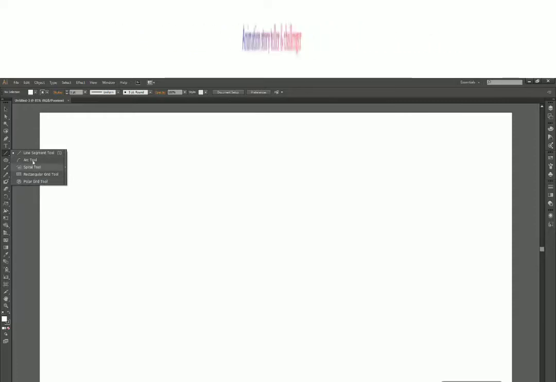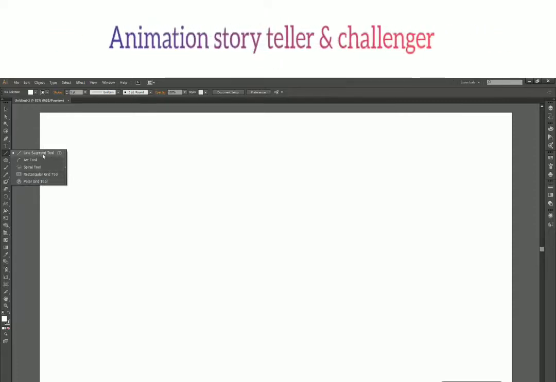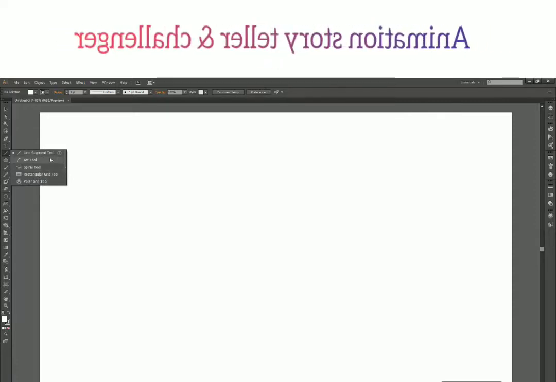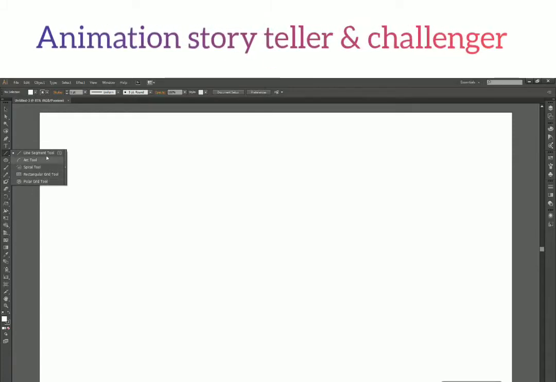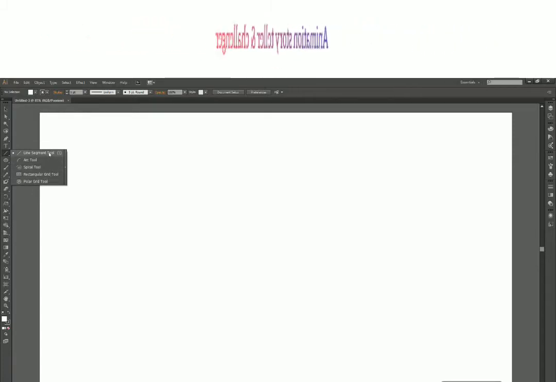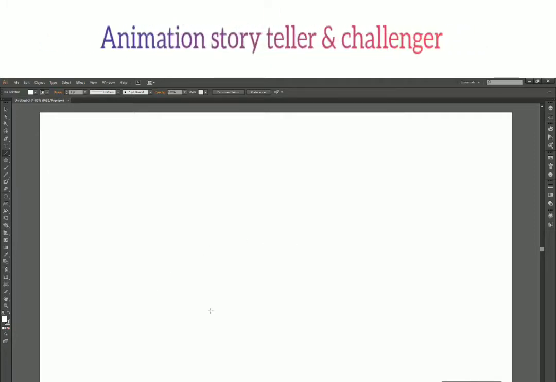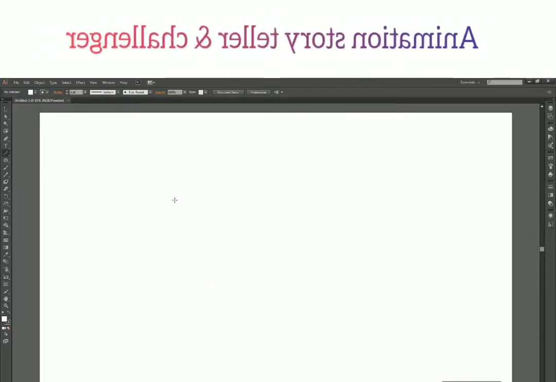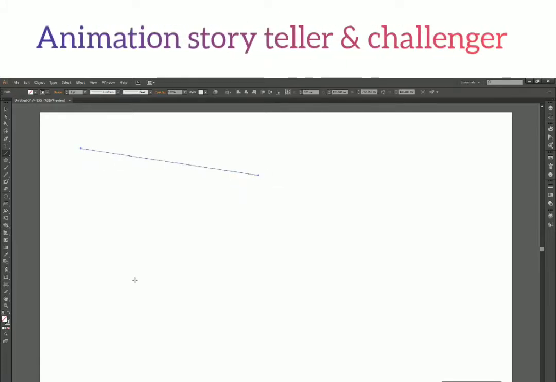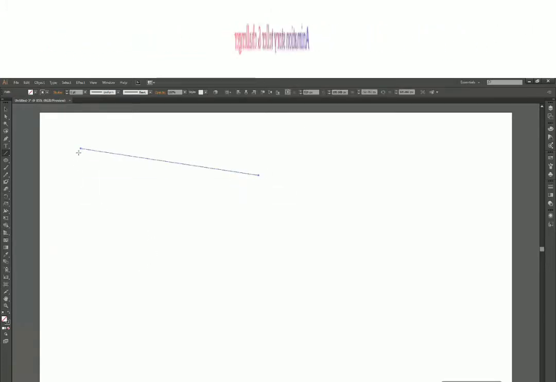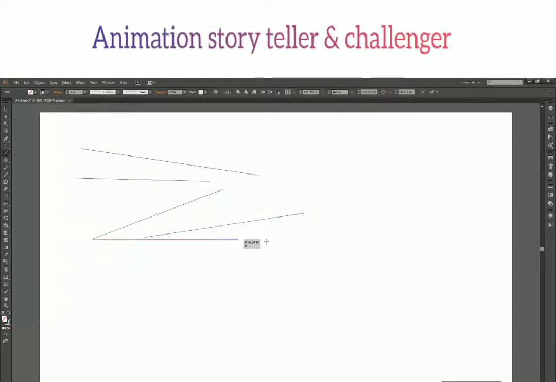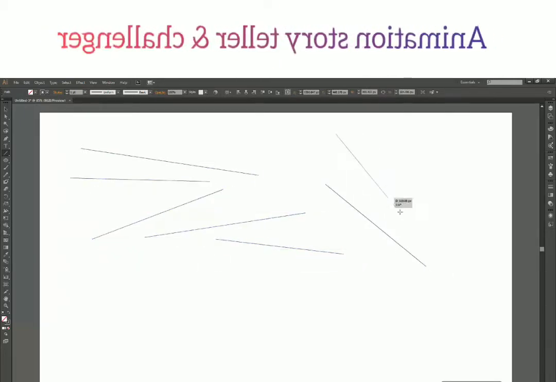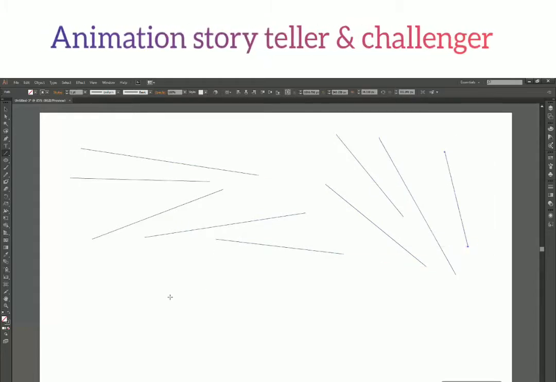From this window, you get some further tools which are available under this tool. So you can select any of them you want. I'm going to select the line tool as of now and click over here. Now the usage of the line tool is very simple. All you are going to do is click and drag on your artboard or on your canvas and you will get your lines. So it's really simple. Like I said, just click and drag to create multiple lines.